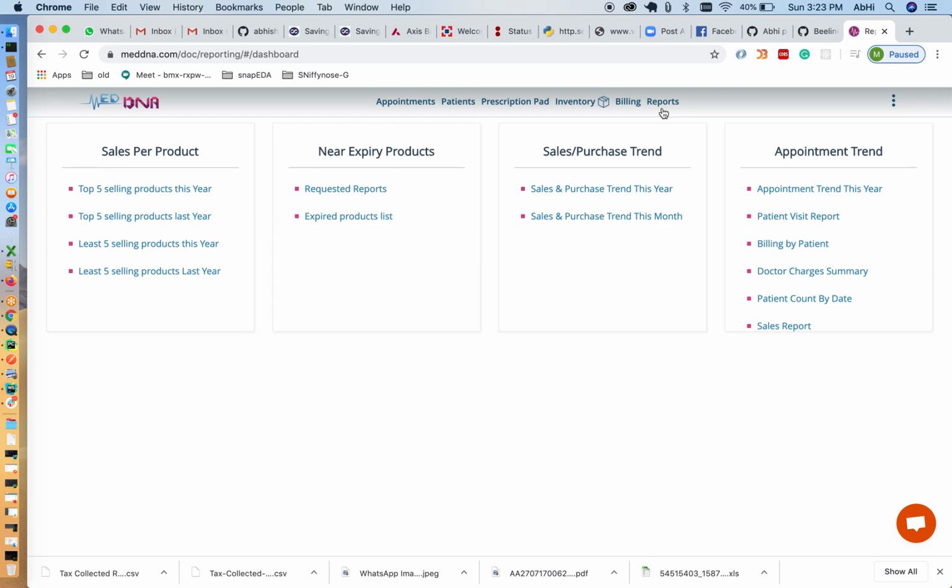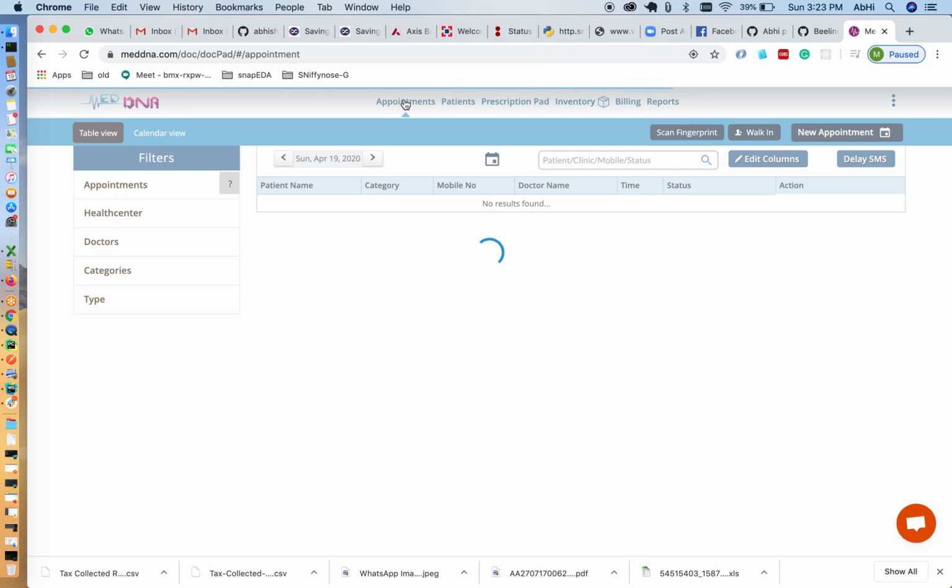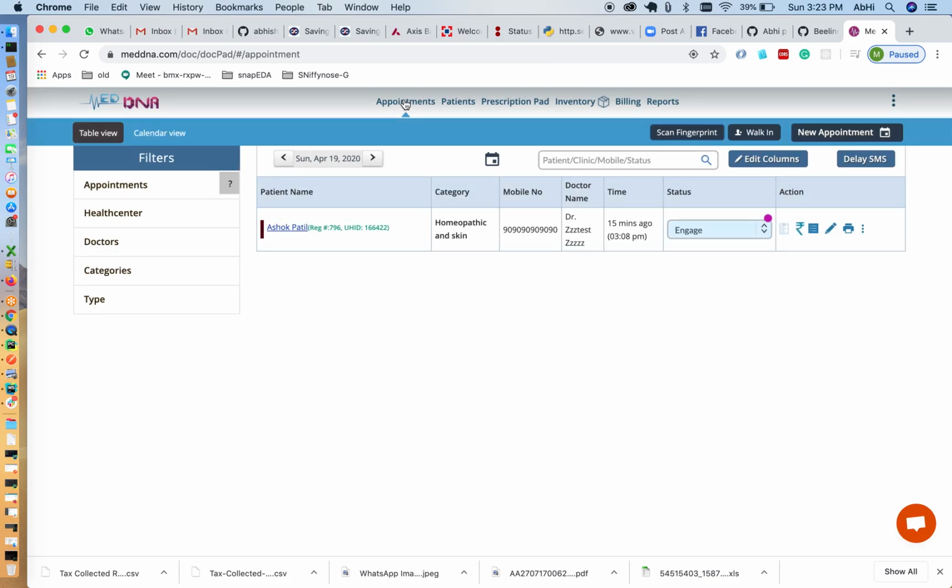Report can give an overview of the daily footfall of patients, and how many patients are visiting from a particular area or from a particular category like acidity or fever, anything like that. Daily sales report, everything. This software has many features, and since the past so many years, many new features have been incorporated as per the feedback from the doctors. Now I'm going to explain how we can use it for ESIC doctors.